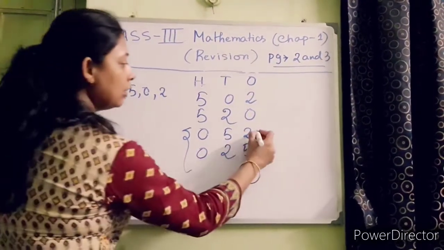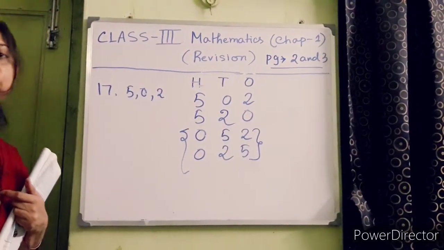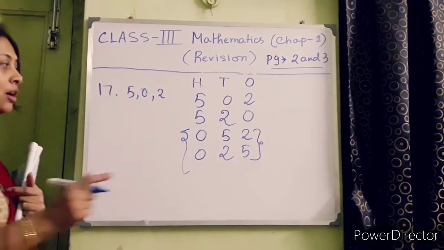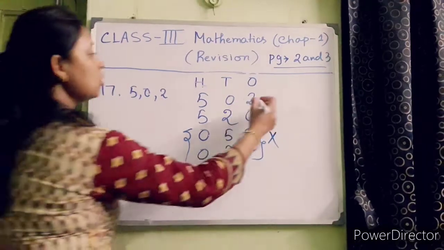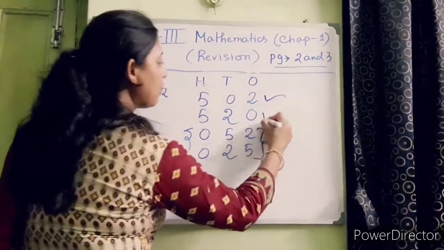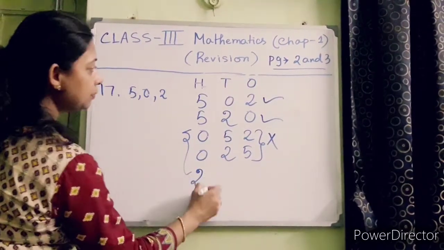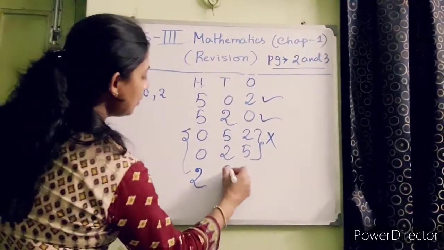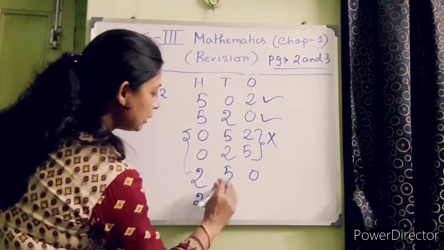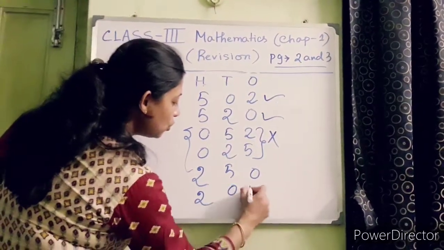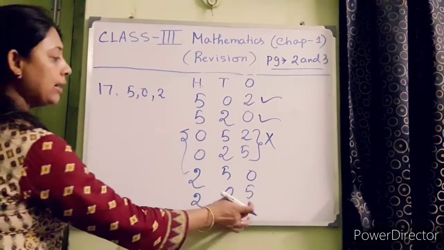Here in the hundreds place 0 is present and 0 has no value. So these two are 2-digit numbers. But according to your question you have to make 3-digit numbers, so you cannot use these. Clear? Now you put the 2 in the hundreds place. After that 5 and 0: 250. Now we interchange the places of 5 and 0: 205. So another number you can form is 205.